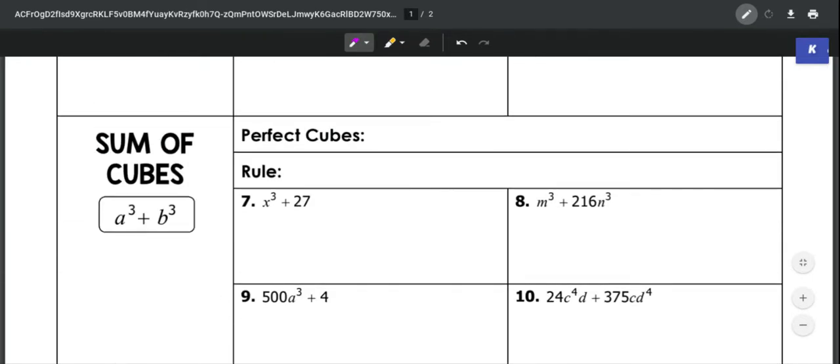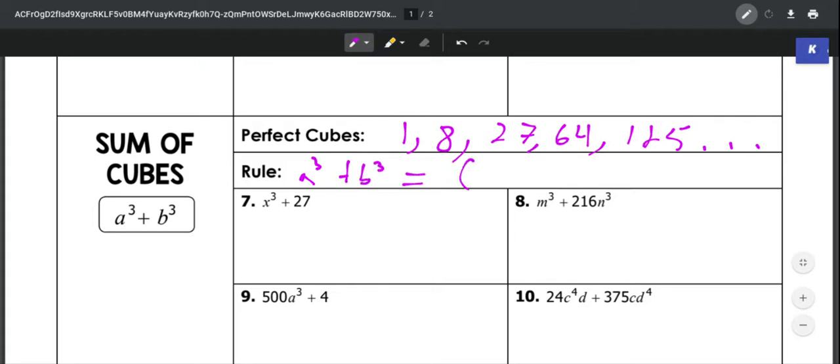We have something called the sum of cubes. It's very similar to difference of squares, but now we're looking at perfect cubes instead of perfect squares. A perfect cube would be something like 1, 8, 27, 64, 125, and so on. You can take the cube root of each of these evenly. And the rule for this is if we have a perfect cube plus a perfect cube,